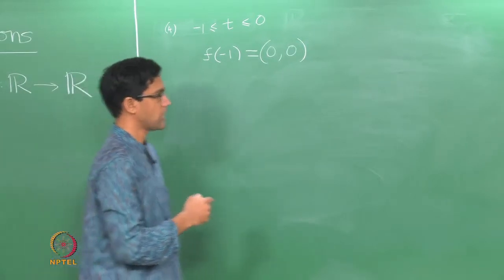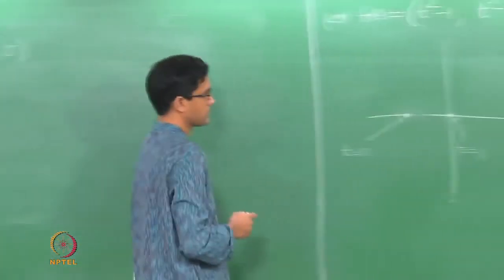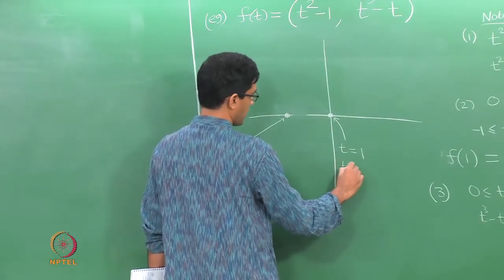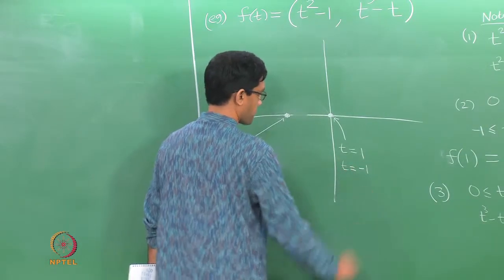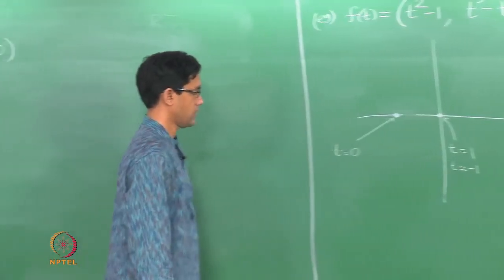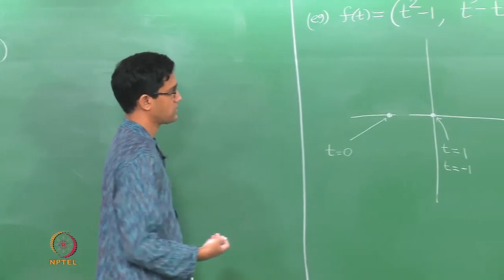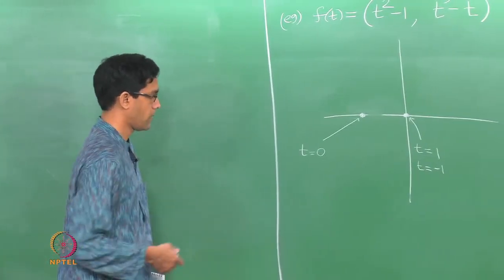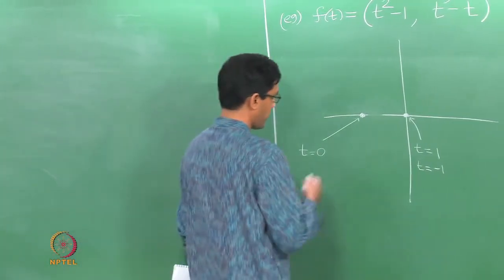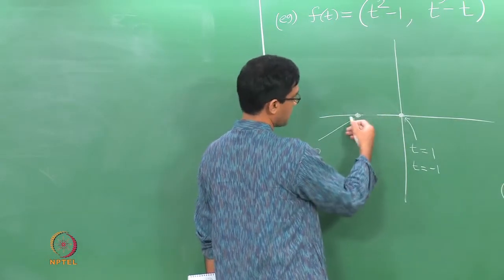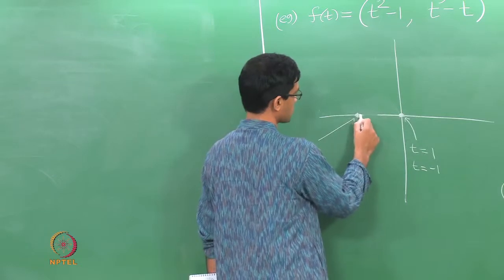Okay. So here is an additional point to keep in mind, that the particle is actually at the origin when t equals 1, also when t equals -1. So for the moment, let us say we want to analyze what the particle does between -1 and 1. Okay. So maybe I will leave this part as an exercise, just try and figure out what the shape of the curve must be, maybe just by plotting a few points and so on.